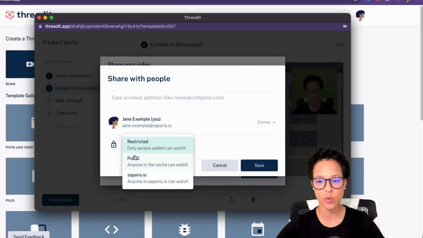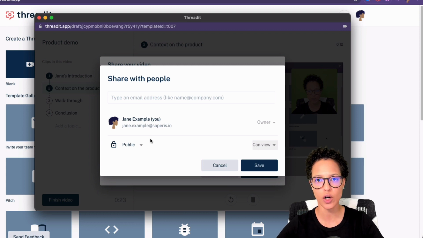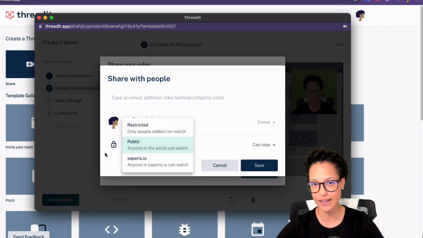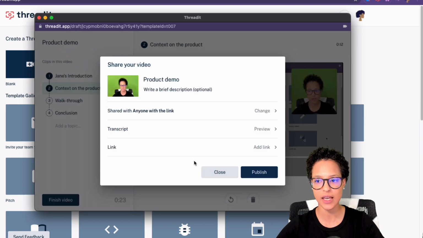If on the other hand you want to share this publicly with anyone who has the link can view, then you set the sharing settings like so. And for those of you who are Google Workspace users or who generally use Google Drive, these are very similar settings to what we already know from Google Drive. So I'm going to click on save, and now here anyone with the link,